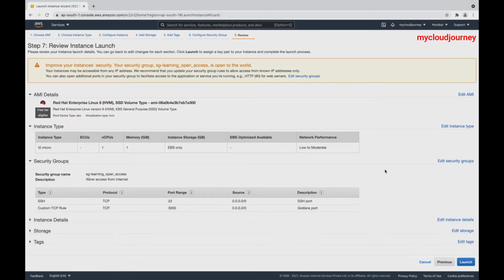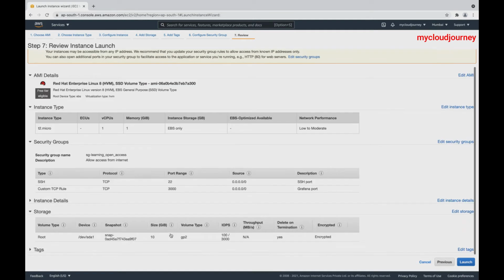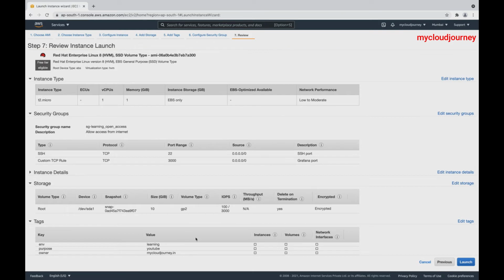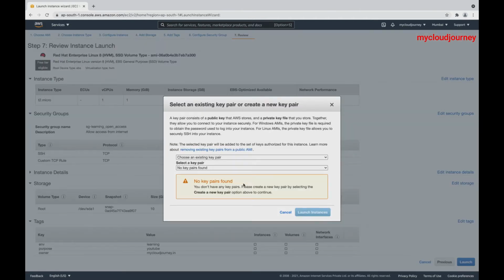Review and launch. Make sure you review the configuration and then only you launch the instance. So for me it looks good. T2 micro, 1 core CPU, 1 GB RAM, and then security group also looks fine for this demo. And then storage of 10 GB, and then tags, right? 3 tags are set for the instance: EC2 instance, volumes, and network interface, and then launch.